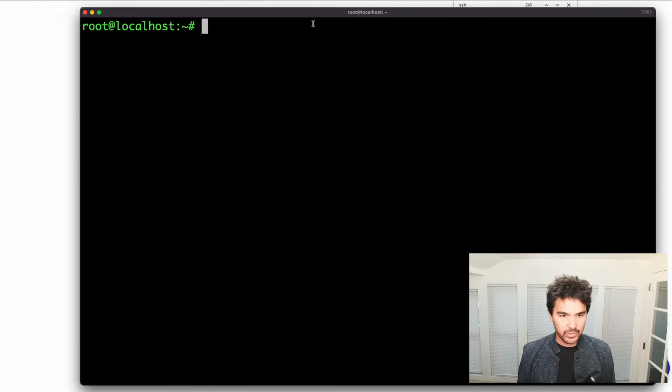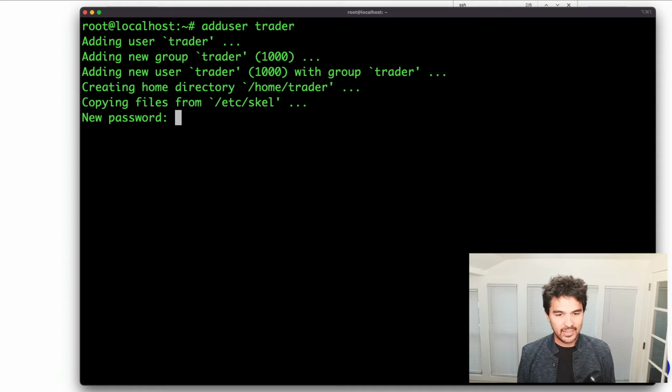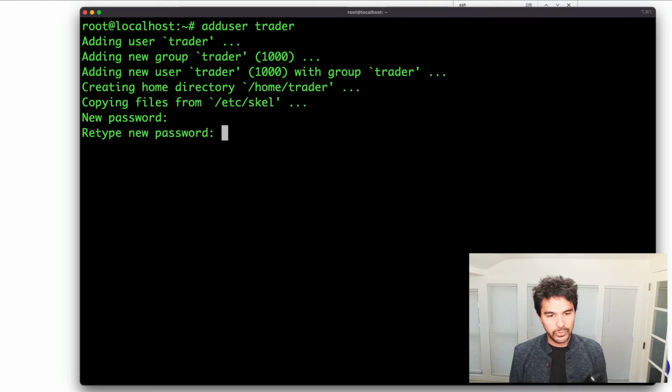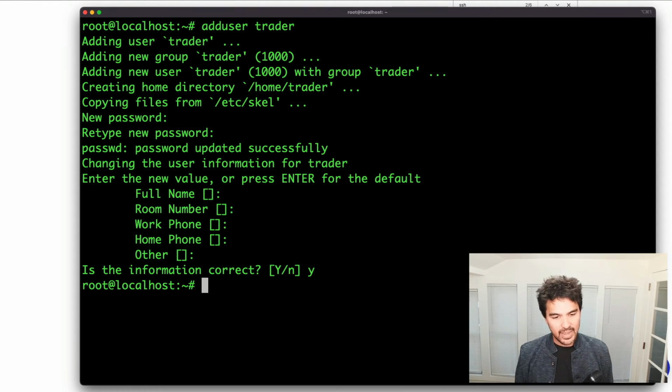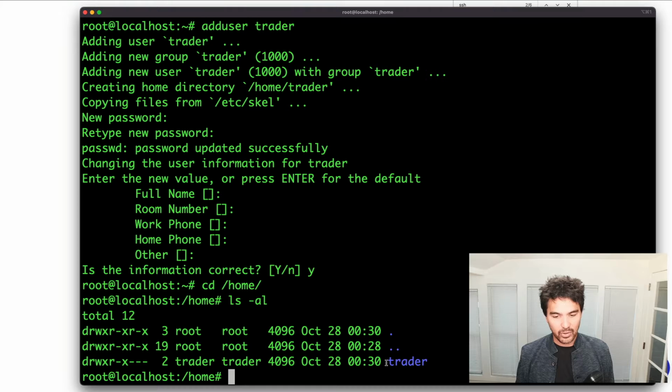Great. So I'm still the root user here. I'm going to do adduser, and I'm going to call this trader, right? And then I need to give this a password, and I will do that. And just say enter to everything, and it will create my new user. And so if I were to change into my home directory, you'll see now there's a home directory for the